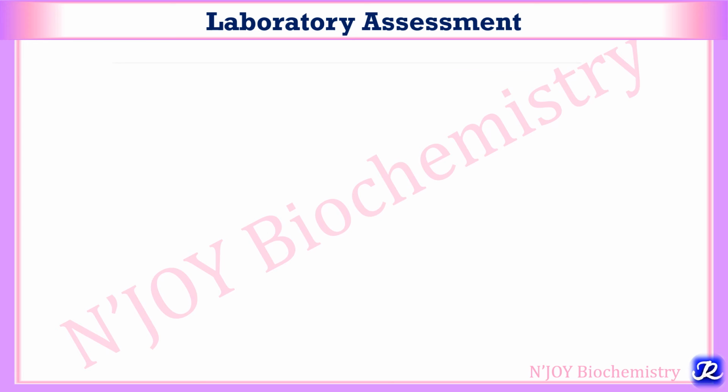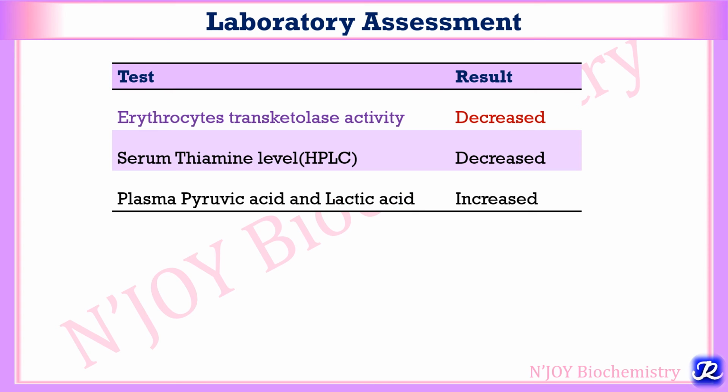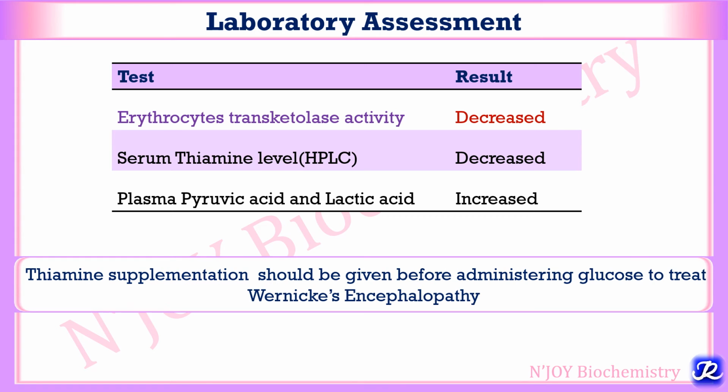Laboratory assessment of thiamine deficiency includes the estimation of erythrocyte transketolase activity, which will be decreased in thiamine deficiency. Serum thiamine level will be decreased, and plasma pyruvic acid and lactic acid levels will be increased. The treatment will include supplementation of thiamine, and thiamine supplementation should be given before administering the glucose to treat Wernicke's